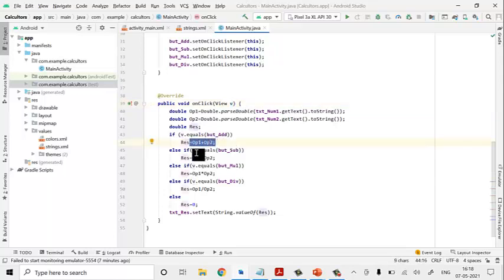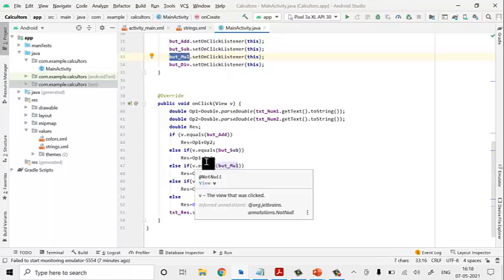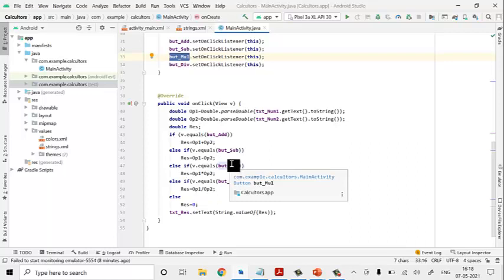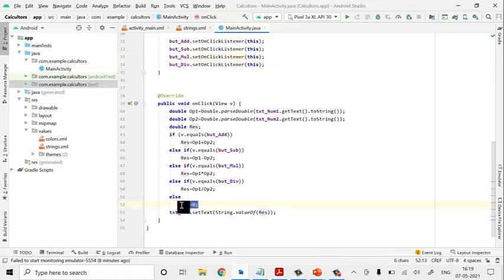If it is subtraction, it will come up with the subtraction. If it is multiplication, but_mul will be stored into v, and it will compare whether these two are equal or not. If it is equal, it will perform the operation. If none of the operations are matching, then the result is set to a default.